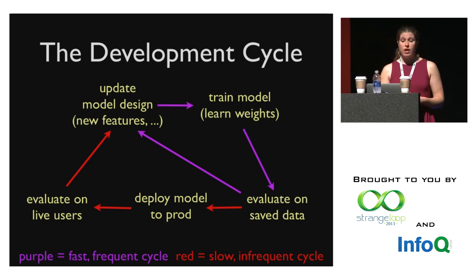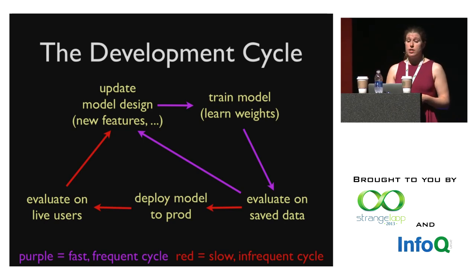However, once we have a model whose offline performance we are happy with, we will want to deploy it to live users to see how it does. This is the cycle drawn in red. This cycle is much slower, so we have to spend most of our efforts on the purple cycle and only deploy to real users when we feel confident with the current model. The red cycle is very, very important, though, because when we deploy to real users, things often don't go as expected.